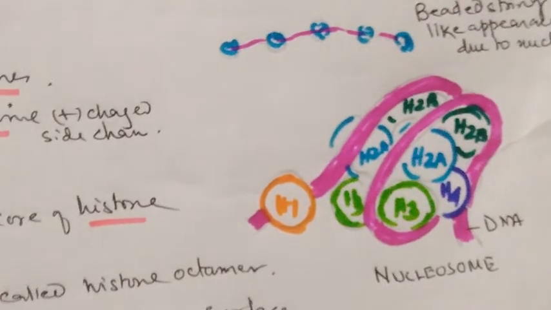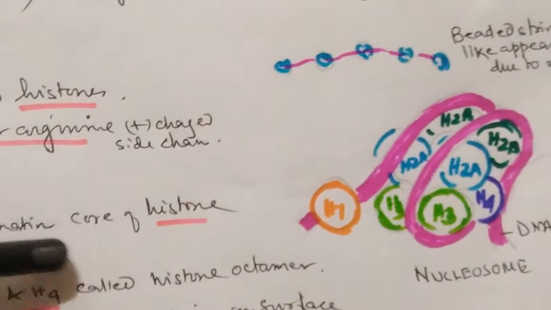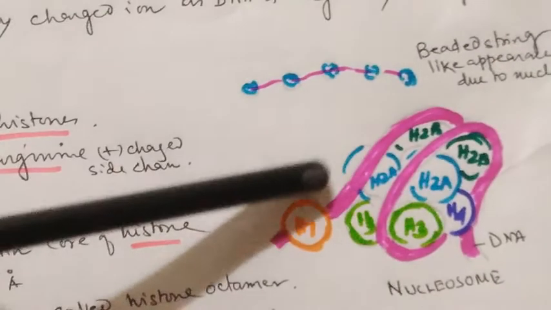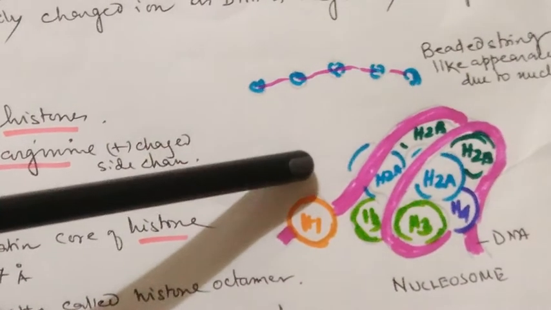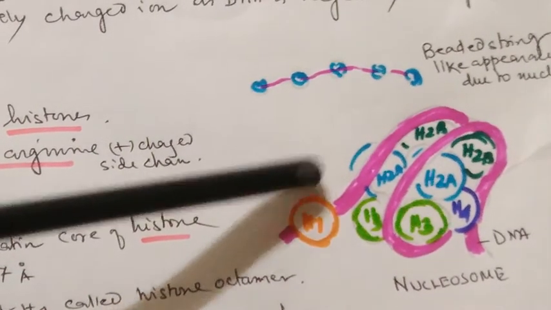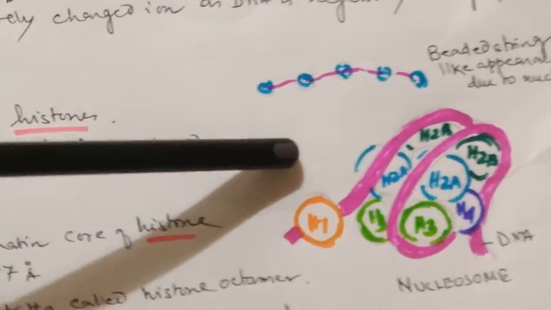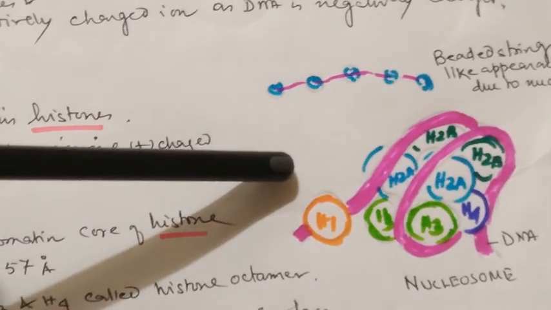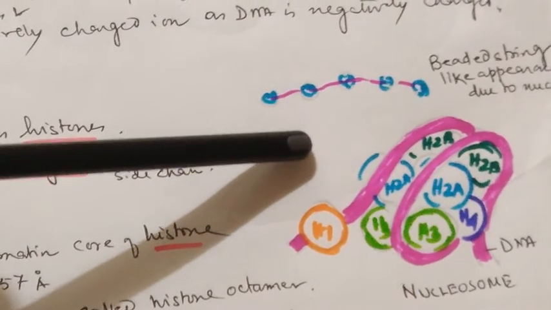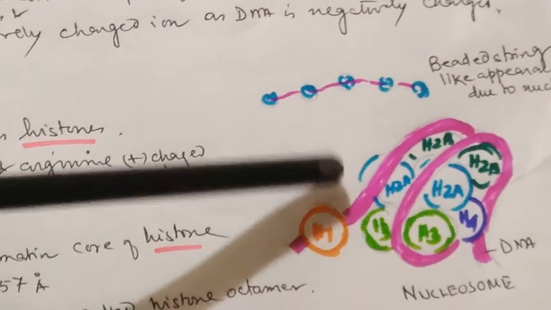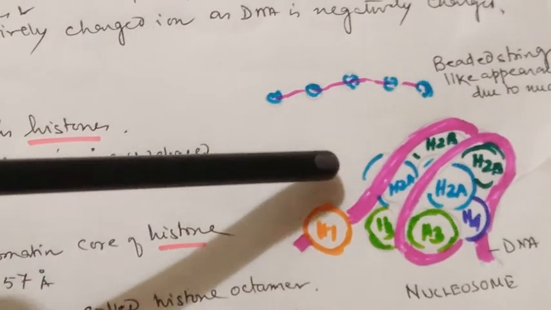Now in eukaryotes, the DNA is held together by some positively charged proteins called histones. We know that the eukaryote chromosome contains positively charged proteins called histones. And what imparts this positive charge to histones? There are numerous amino acids like lysine and arginine, which impart the positive charge to the histone. And DNA being negatively charged, it is held by the positively charged histones.